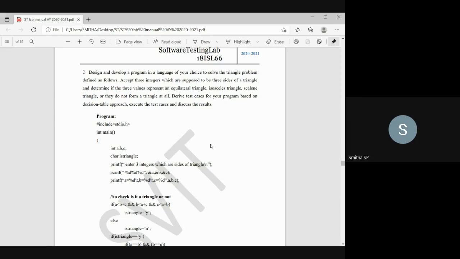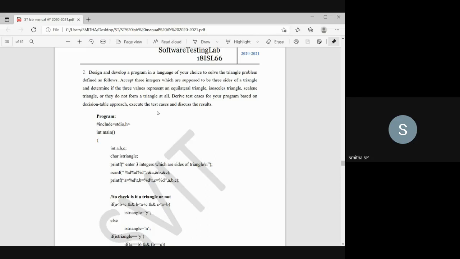Okay, so this problem is a similar one. That is what you discussed so far, up to the sixth program. You had come across three types of problem statements: the triangle problem, the next date problem, and the commission problem. For these three problem statements, your approach is different, right? So far, I have come across boundary values and then equivalence class testing.